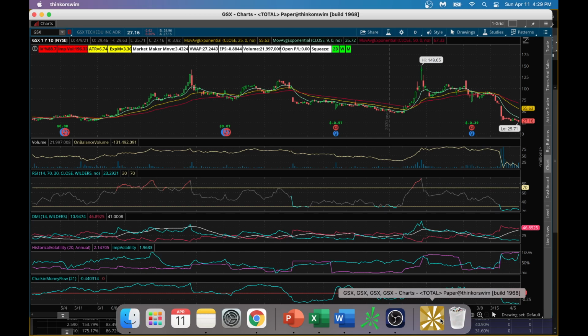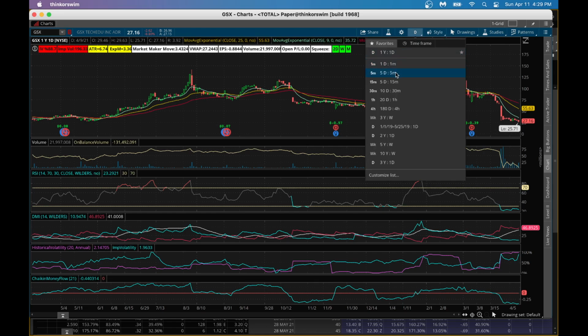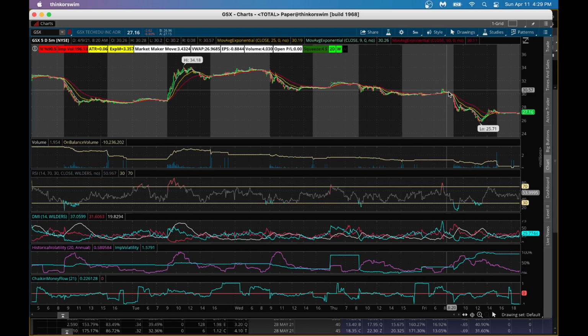If you look at the chart for GSX, the stock has sold off a couple of times, sold off here, sold off over here. Now it's kind of stabilizing at this point. If I also go to a shorter-term 5-day 5-minute chart, you could see the stock stabilizing nicely, and even the blue line is trying to go up a little bit, which is a good sign. So at least in a shorter-term chart, I see the stock stabilizing, which is a good indication that the stock has at least fallen off and is now trying to regain some strength.